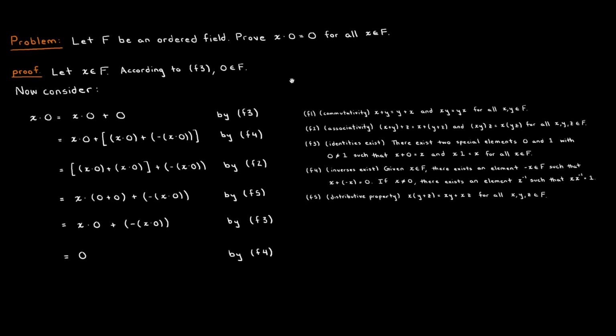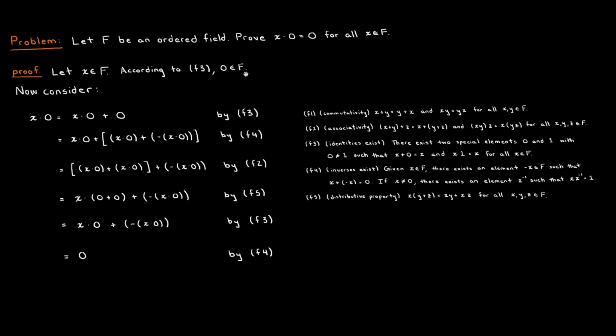Let's do 2 more problems just to make sure you're really getting the hang of this. So in this problem, let F be an ordered field, and we will prove that x times 0 is equal to 0. And so again, this is a very obvious property, something that we have been taking for granted and have been using for a very long time, but let's actually formally prove it from the ordered field axioms. So let x be an arbitrary element of the field,